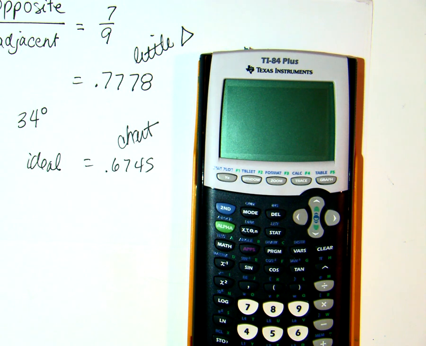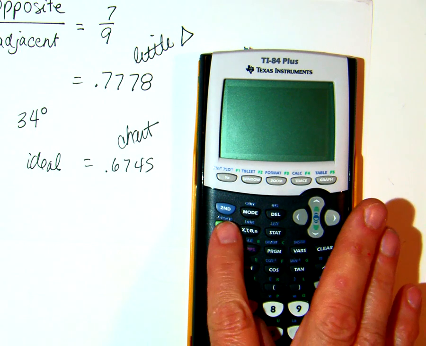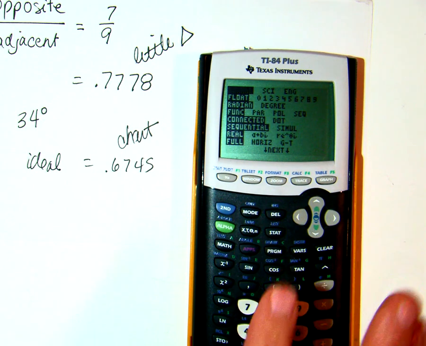There's 2 ways that most people do trigonometric functions. One with radians and one with degrees. Now, we're not talking about radians at the moment. We're talking about degrees. But this calculator sets its default at radians. So you need to go to Mode,